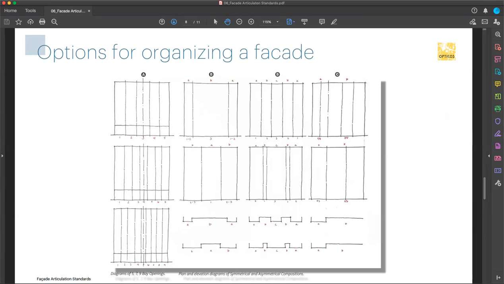And so you can see here there are several options for organizing the facade from left to right in a number of divisions, and those divisions can be asymmetrical or symmetrical, and depending on the number of divisions, you can then organize openings and windows and stories to work with those